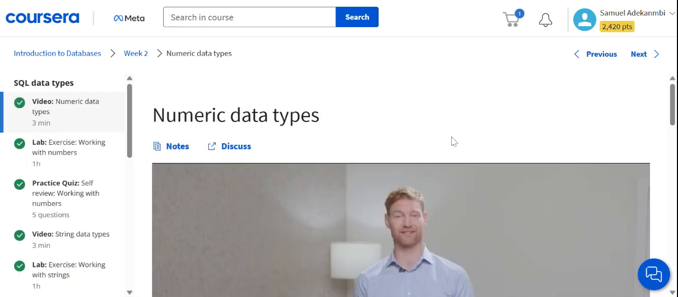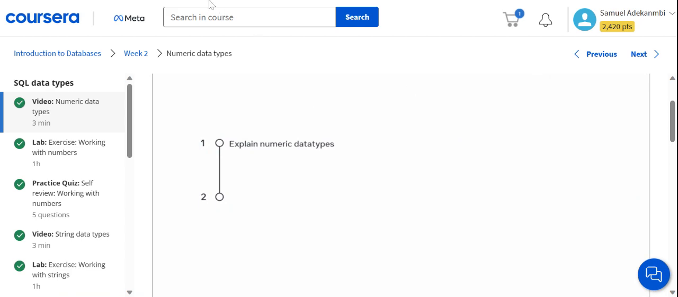Explain the numeric data type in a database and different